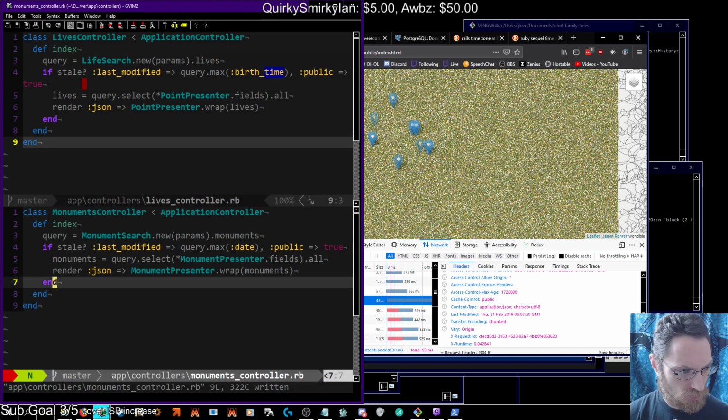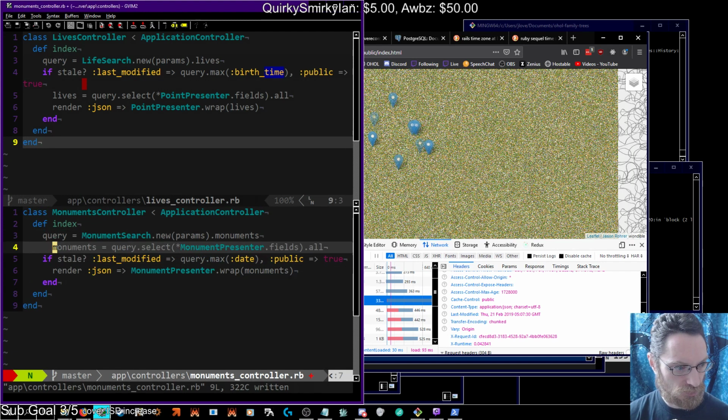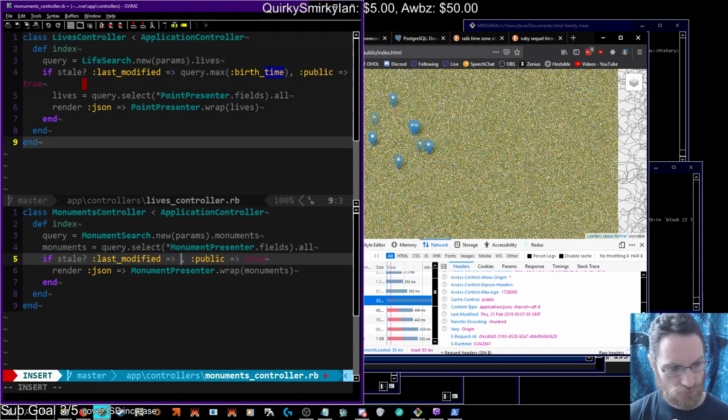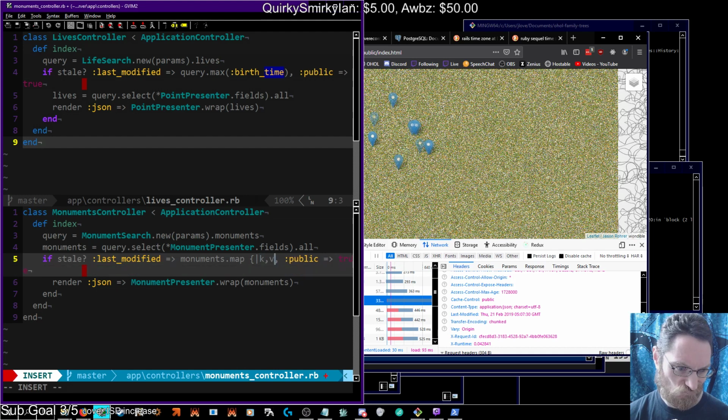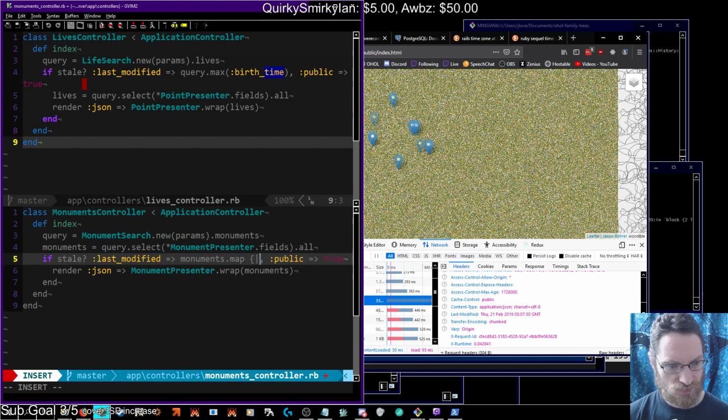These might be small enough that we actually want to do the search. So this would be monuments.map. Oh, this is a field of a hash. It's an array of hashes. Oh, it's an array of hashes, so